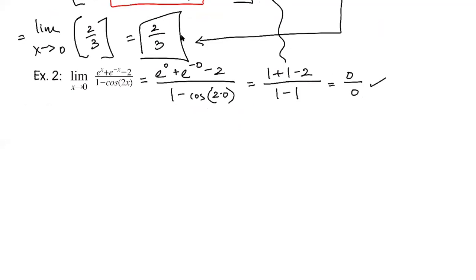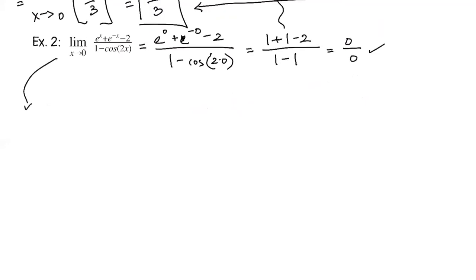Okay. So we've got our 0 over 0. That means we can use L'Hopital's. So let's go ahead and start taking derivatives. All right. Derivative of e to the x. E to the x. All right, derivative of e to the negative x. Negative e to the negative x. Derivative of minus 2 is 0. You don't have to write that plus 0, you really don't. I am writing it right here just so nobody thinks that it went away.